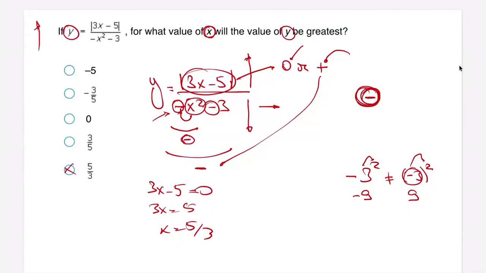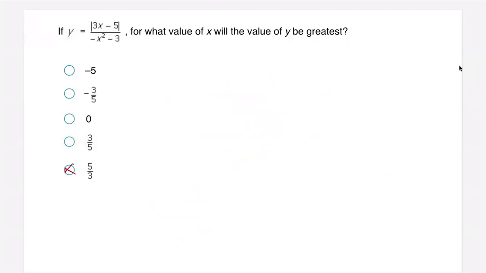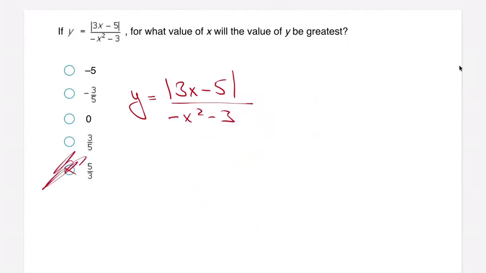Okay? I will explain again. Pay attention. Y is equal the absolute value of 3x minus 5 divided by minus x squared minus 3. What is the value among these ones that I have the biggest y? You don't need to have the concept. You can plug in numbers like Kaplan